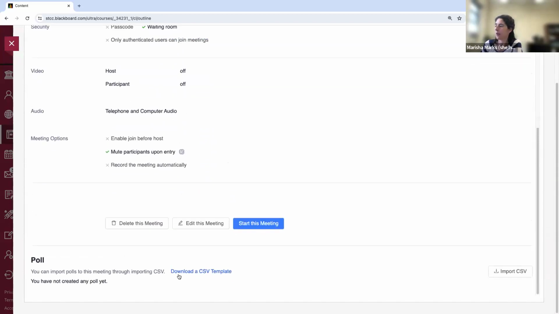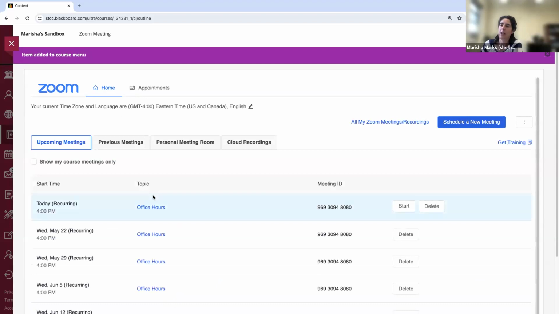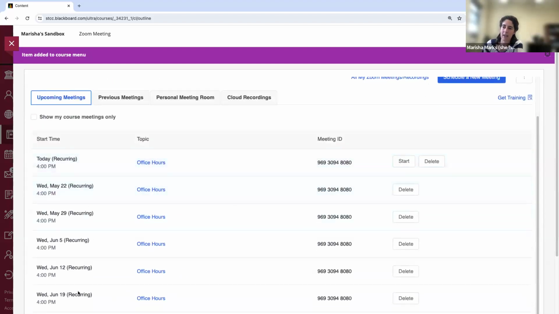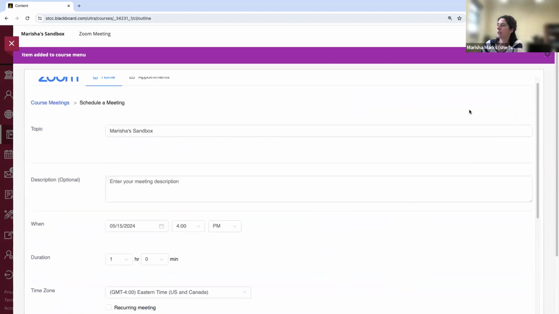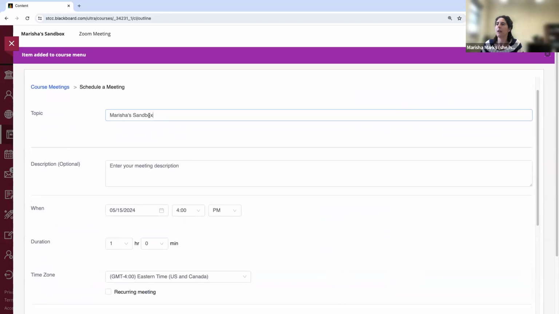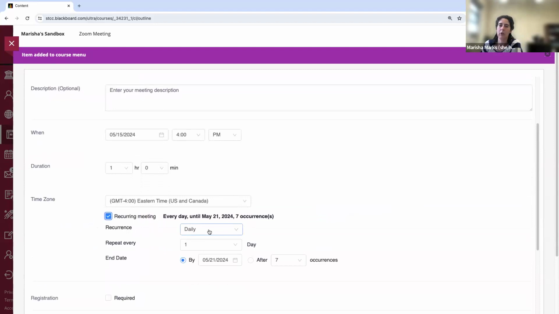You can also add polls, but I'm going to go back up here. I'm going to click on course meetings. And now I see that we have 7 of those recurrences of that office hours meeting. Now, let me show you a different option. I'm going to click schedule a new meeting, and I'm going to call it no fixed time. I'm going to make it a recurring meeting, but under recurrence, instead of daily, I'm going to select no fixed